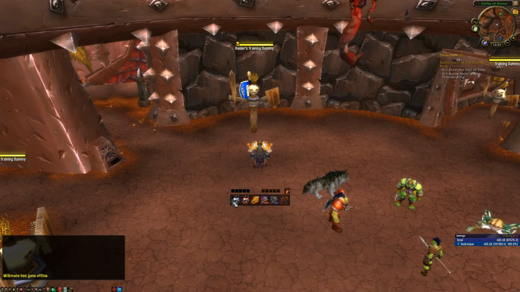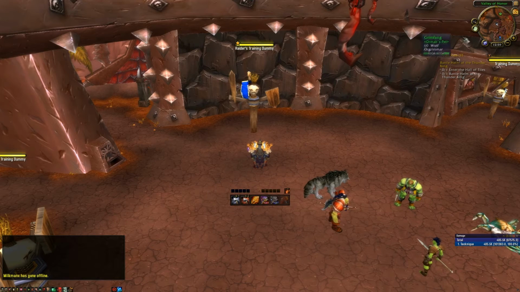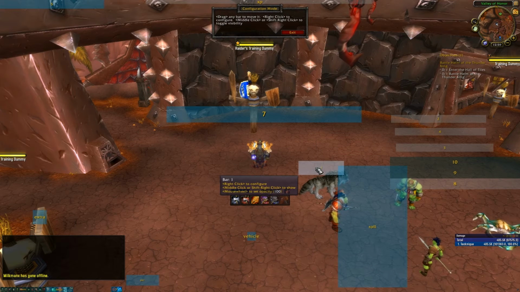So the thing to keep in mind here is that this add-on doesn't have anything to do with bindings of any kind. My bindings for all these abilities are all done through Dominos. I have all my action bars over here. This one here, this number 1,